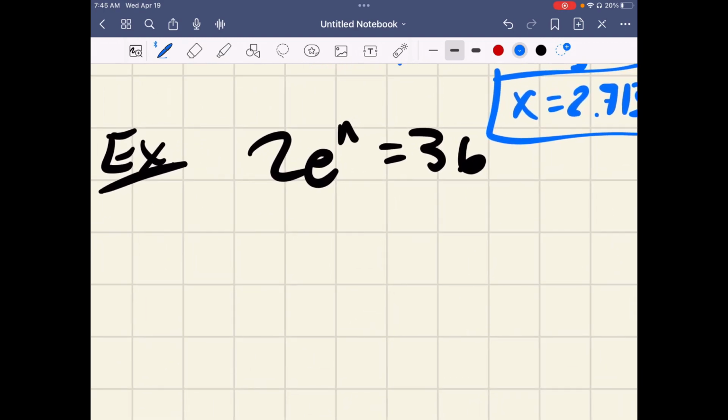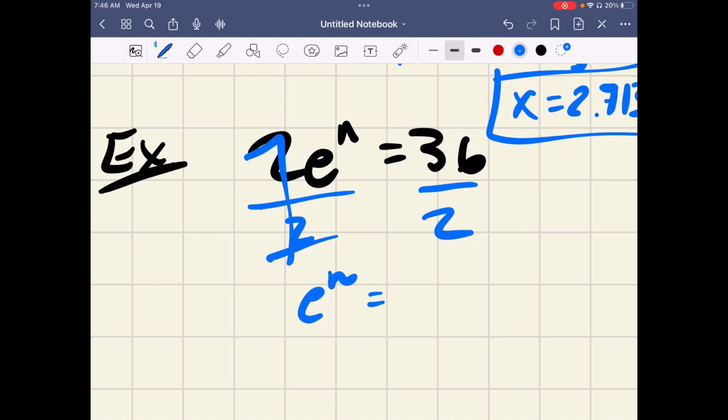I have this 2 value here, and I've got to do something with that first. Again, normal equation solving rules. I'm going to divide each side by 2. Those 2's turn into 1. You're left with e to the n equals